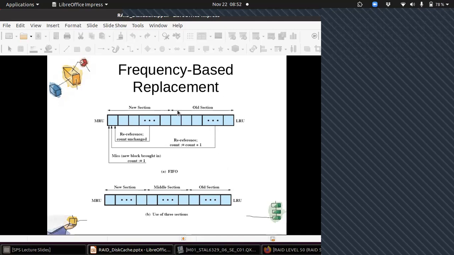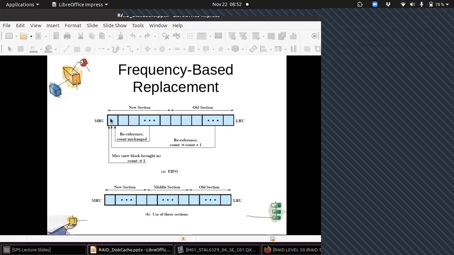Basically, a block from the old section which has the least count value, and normally it is LRU, least recently used, because it is always at the end of the queue, the bottom of the stack, so it will be removed.